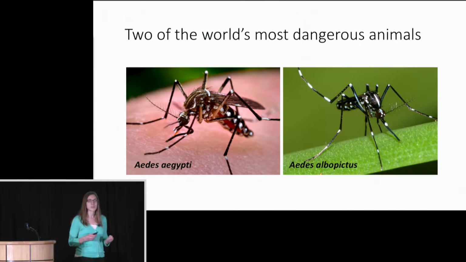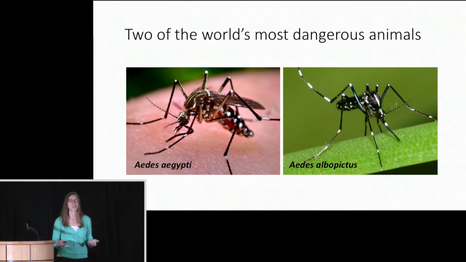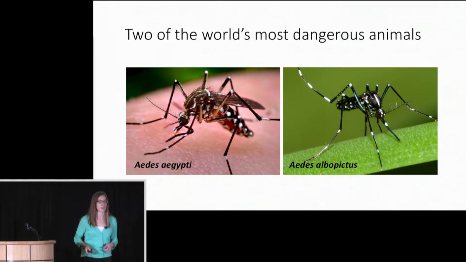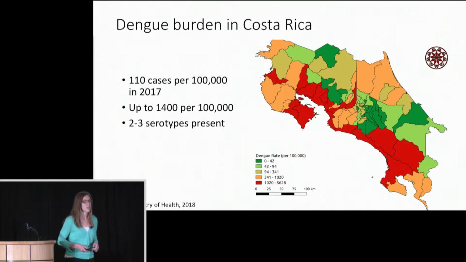And although it's been demonstrated to be competent as a vector of these same diseases in laboratory experiments, its role in the field and in natural epidemics is less well understood. It's also the most invasive mosquito species in the world. And so there's much to be learned about it in its new ranges, including in Central America, where it's been invading in recent decades. And so we took an amazing opportunity, thanks to Gretchen Daily, to study these two mosquito